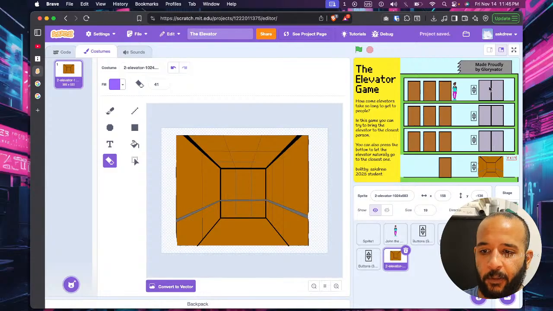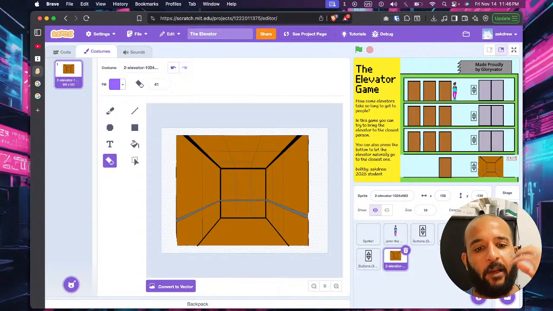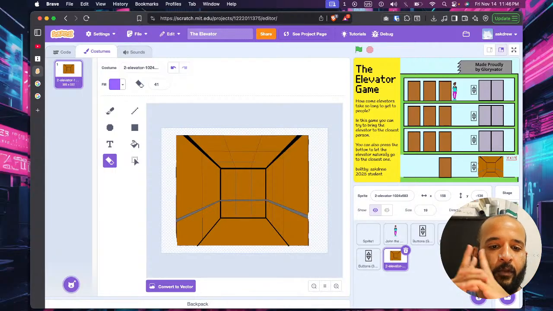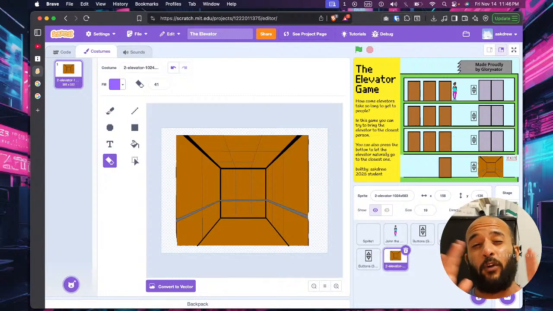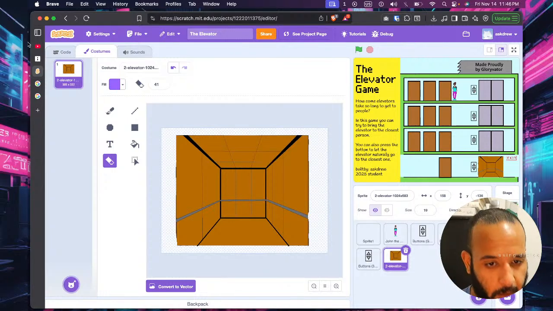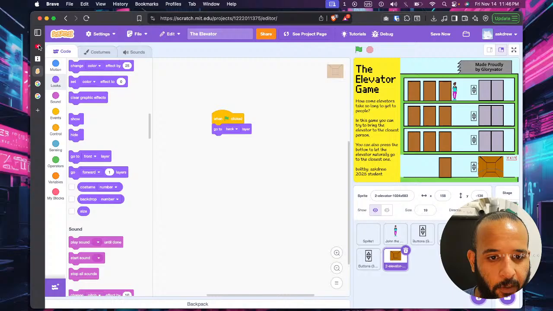We're going to have different costumes or different sprites for like, how do I say this? So I'm going to have one sprite and it's going to have two costumes. One of them is where the doors are open, and then the second one is where the doors are closed. But I also want some sort of animation, right? And so one of the animations that I want to find out,